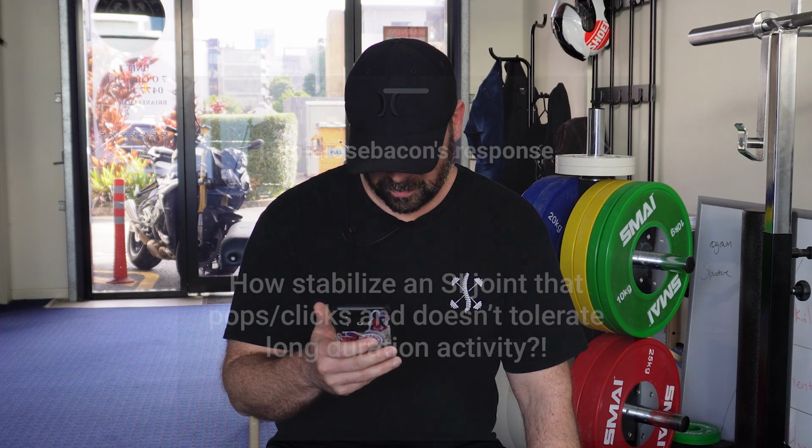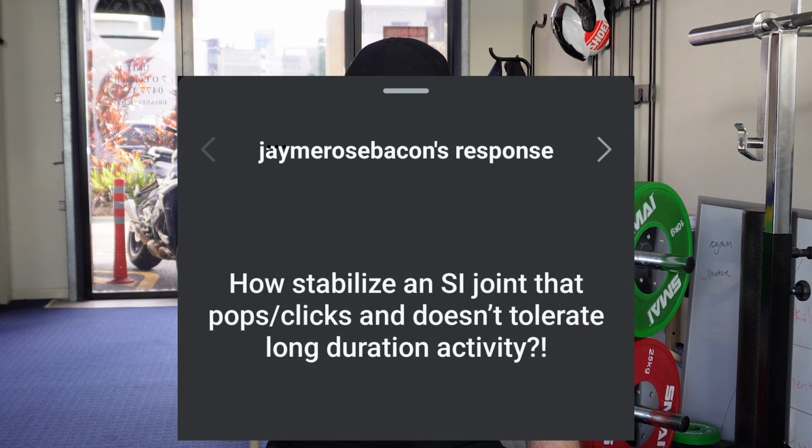Okay, question from James Rose Bacon. How to stabilise an SI joint that pops, clicks, doesn't tolerate long duration activity. So probably number one is work out what those activities are that are causing you problems and work out if there's better ways of doing them. But we talk about